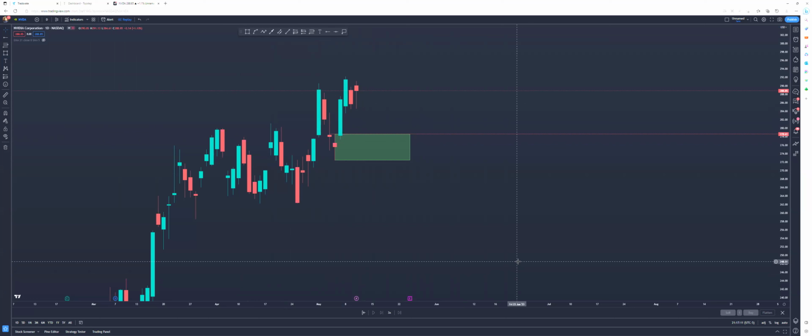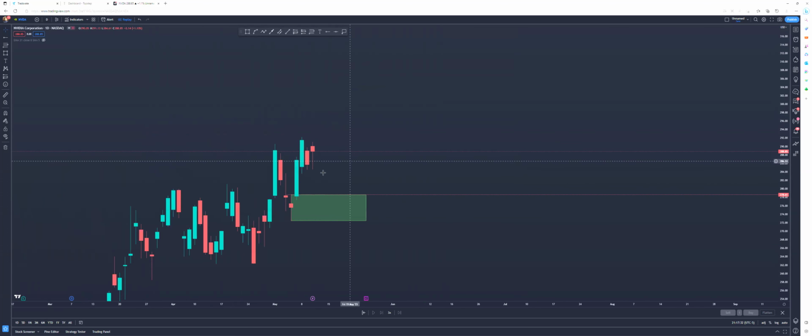Even though this trade did go 100%, to me this is still a loss, right? Because I did not follow my own rules. And that's the worst thing to happen for a trader, is to not follow their rules and still win, because then they think that that's okay. So I literally did exactly what I told you guys not to do, and I was pretty much guessing a pullback.